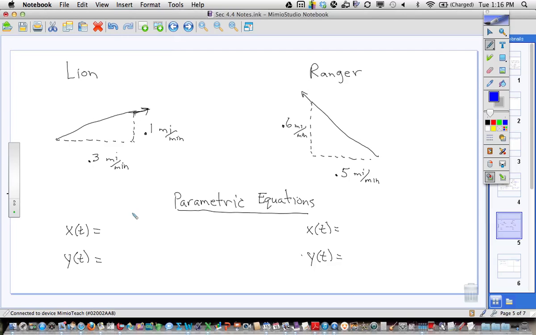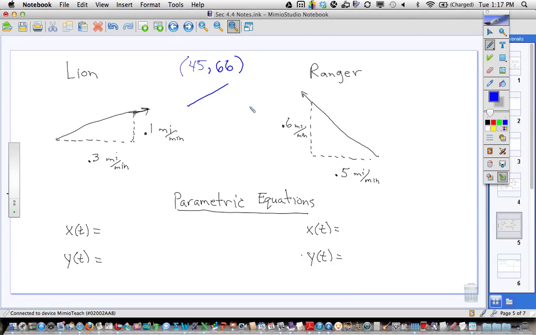It turns out that they did intersect at, what was it, 45? Those of you that worked it, where'd they intersect? 45, 66 was the point where they actually intersected. Okay, so the line was kind of going up like this, and the Ranger was kind of coming this way, and then they crossed like so. All right, now,